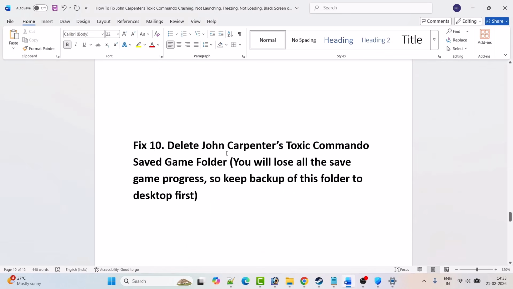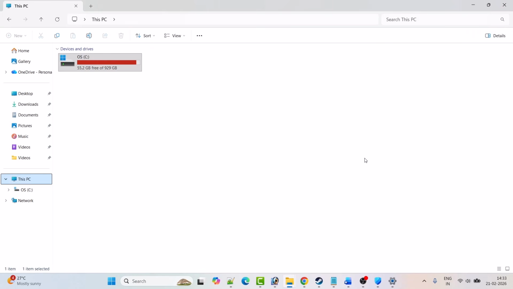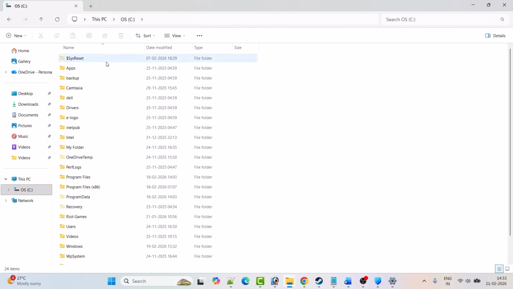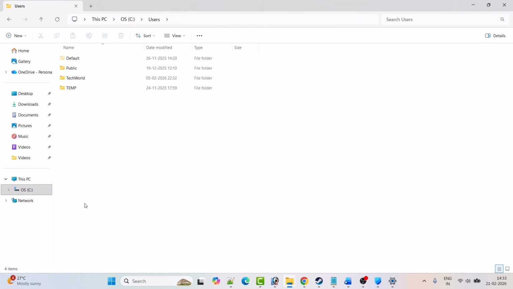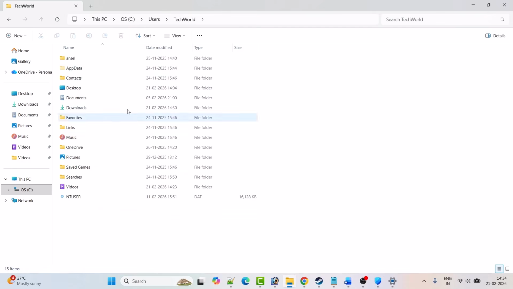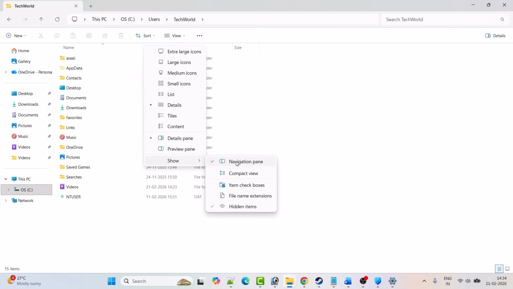Next fix is to delete the John Carpenter Toxic Commando save game folder. Please take note, you will lose all the save game progress, so keep a backup of this folder on the desktop first. Here is how to do it. Open File Explorer, open C drive, open the users folder, open your username folder, then open the AppData folder. If you don't see the AppData folder, click on view, show and check mark hidden